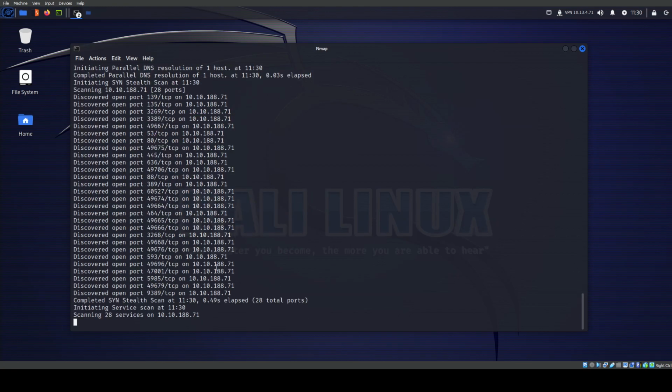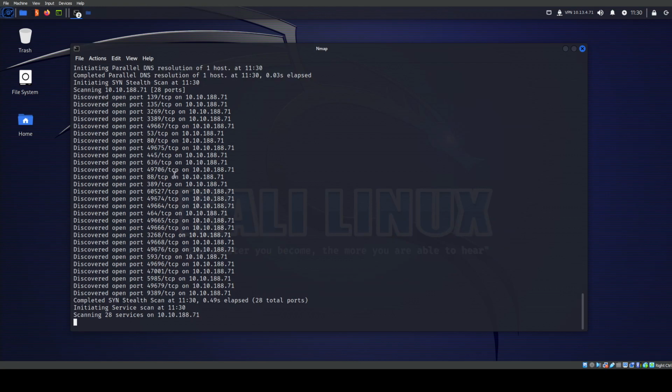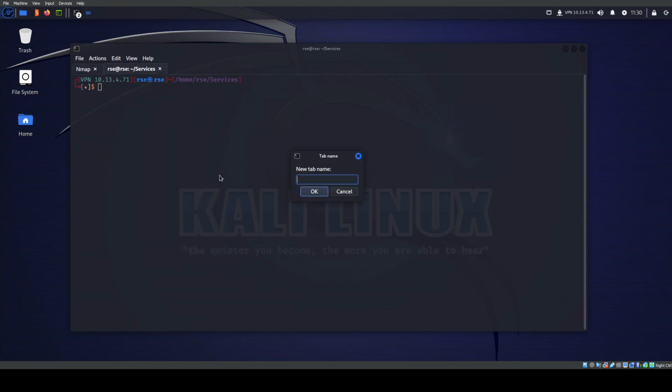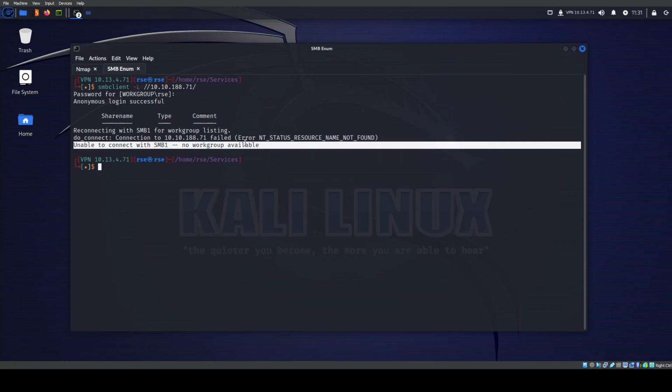So that's going to take some time because this usually speeds up a scan, but we're still targeting a lot of ports. So we noticed we had SMB open, so we can do SMB enum. So smbclient -L to see if anonymous authentication is enabled. Okay, just put an enter. So anonymous login is successful, but we don't get anything. We could do smbmap -u anonymous -H with the IP address,